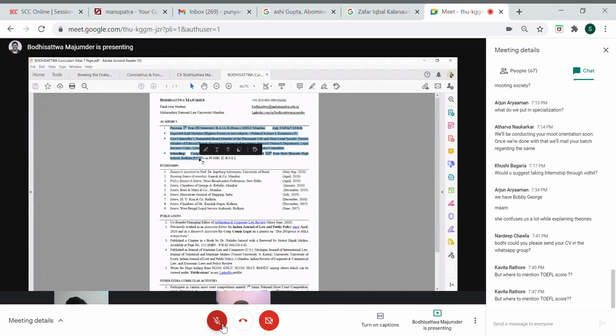Being in a committee in a college is a very big thing. If you go to a top college like Nalsar, only the top guys get into MCS and all. It's mostly our fault because many of us are lax in that, but in other places it is very valued. So take part in the committees, go to CRCJ, go to the Center for Arbitration, everywhere. Mention these, make this section big. Internships, keep it minimum. If you have an internship, mention it, or just leave it.